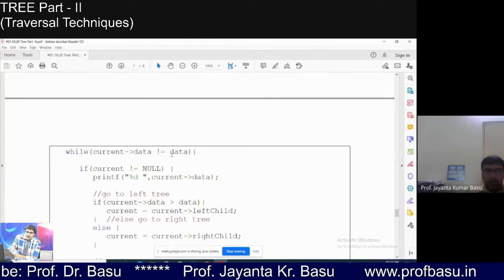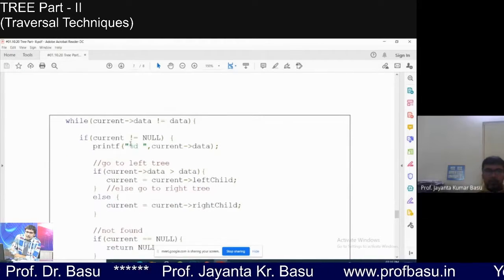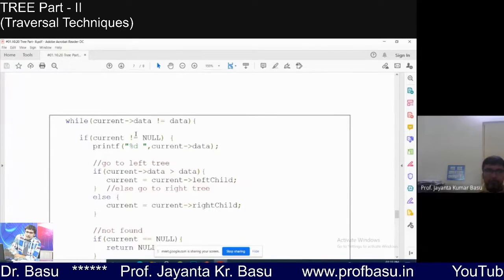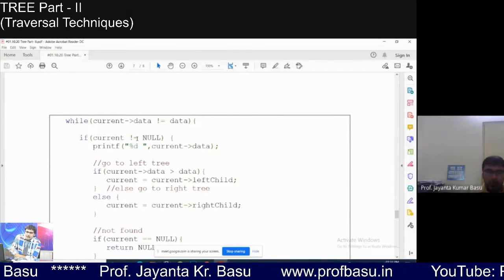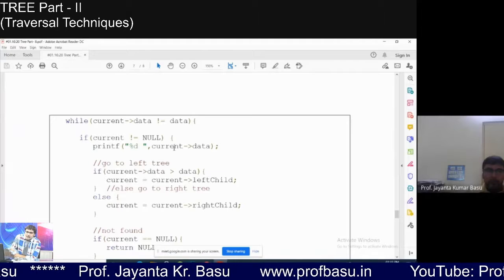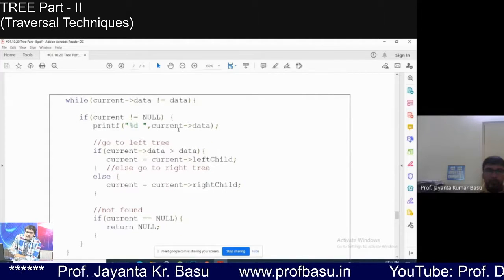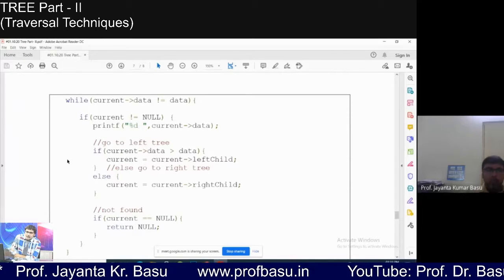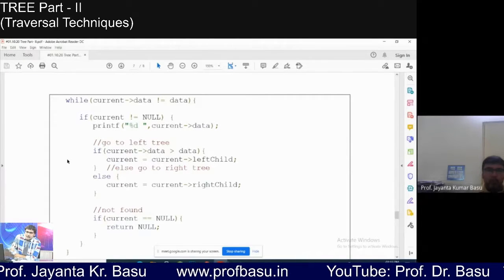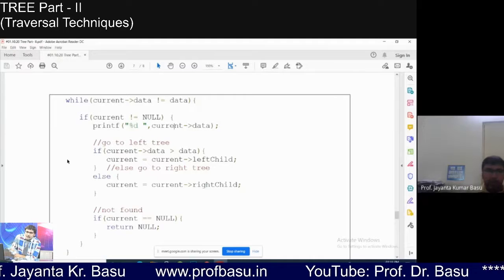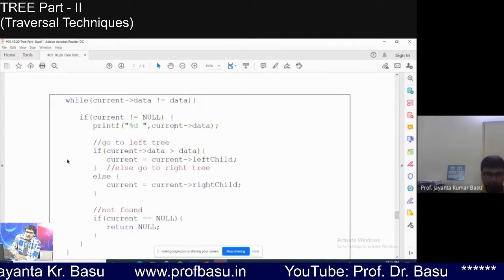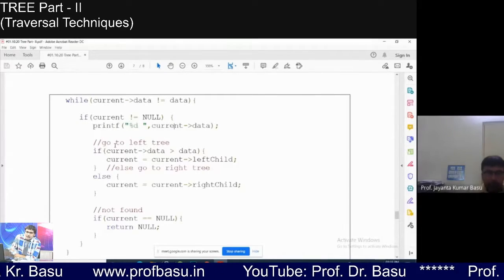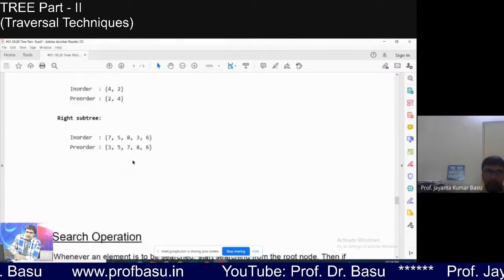If it doesn't match the data, then if current is not equal to null, we print current data. If current becomes null, we have reached the end of the tree, because we are moving the current.